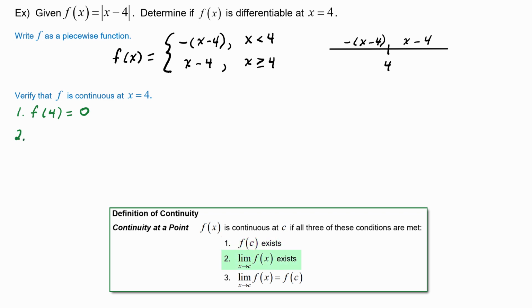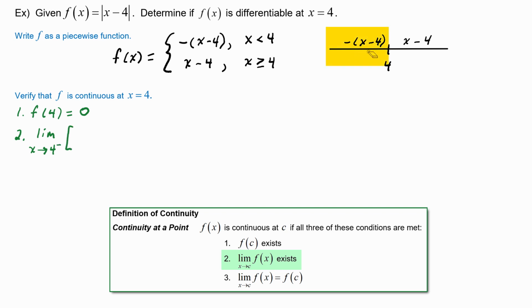Step 2 says we need the limit as x approaches 4 of f of x to exist. Now, because we have a piecewise defined function, we can't do a two-sided limit directly, so we need to do the one-sided limits. The limit as x approaches 4 from the left